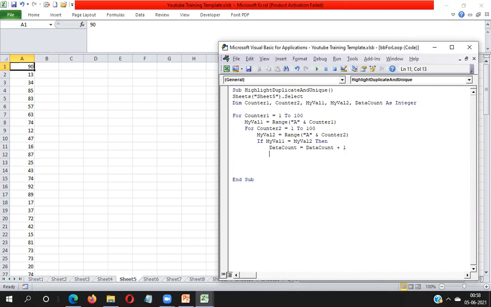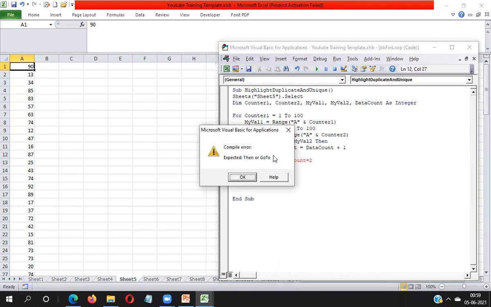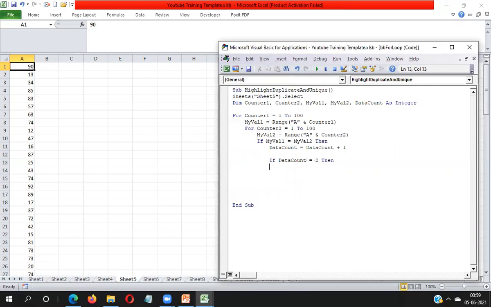Now if my data count value is more than 1, more than 1 means duplicate. If we are getting 2 in data count, it means this value is a duplicate. If I am finding 90 again downside, then it means it's a duplicate. So I will have to write here a condition: if data count equal to 2, then I need to exit from this loop.